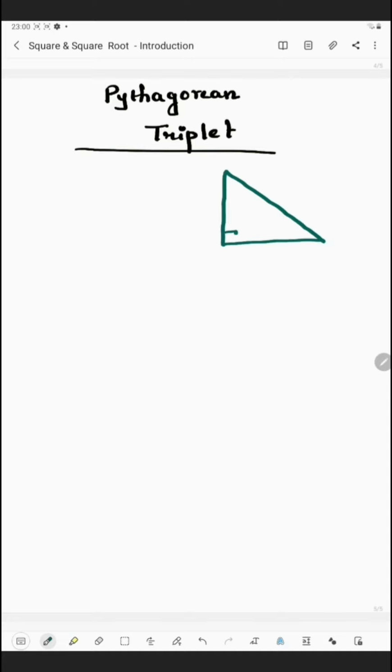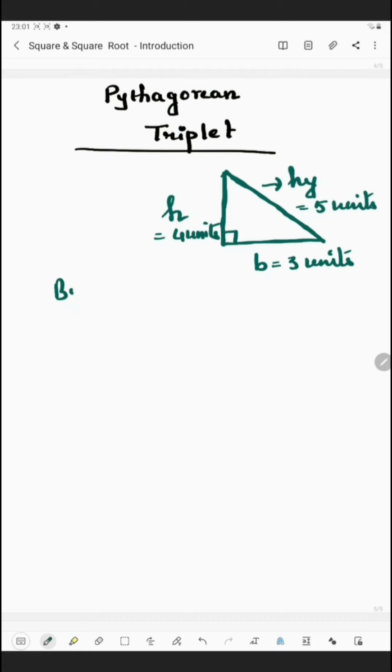In which this is 90 degree. The side opposite to 90 degree is the longest side, which is known as the hypotenuse, and this is called base and this is called height. Now if I take the base as 3 units, the hypotenuse as 5 units, and the height as 4 units,